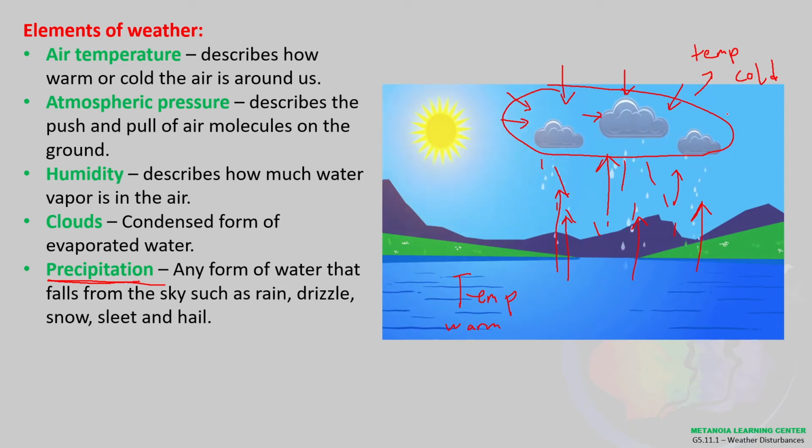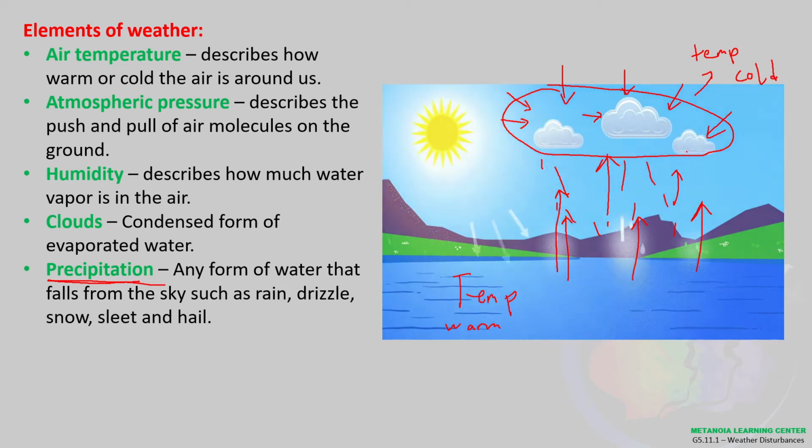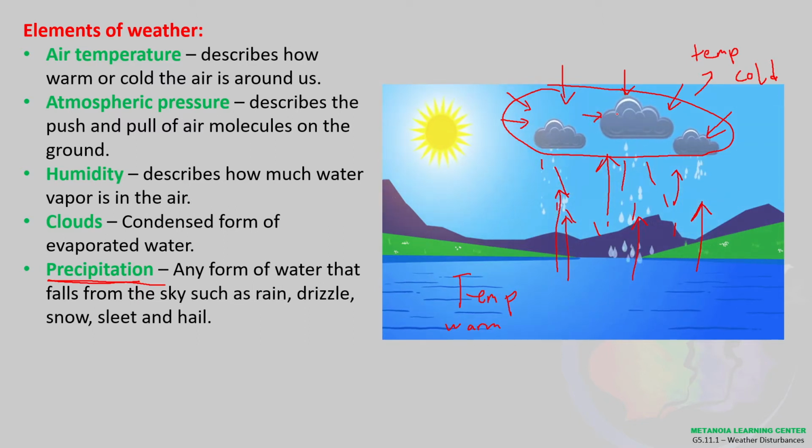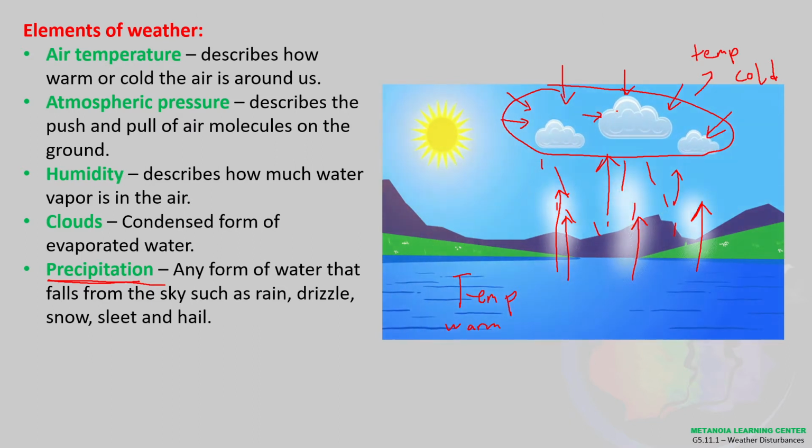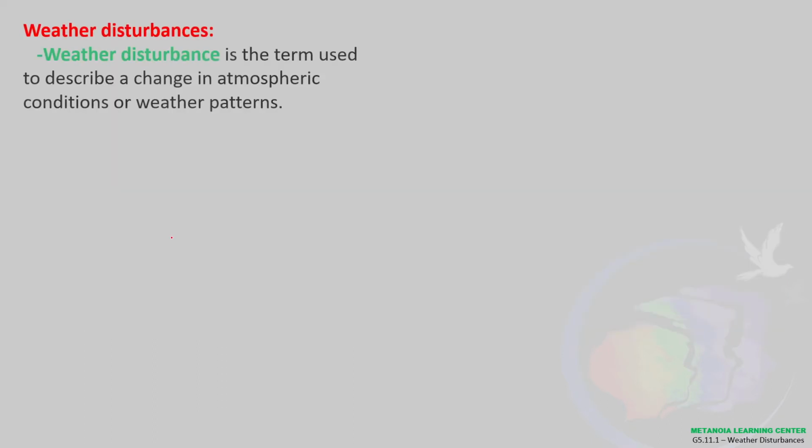And if you notice the change of color, actually paminsan nga nawawala kasi nga it is basically rain, no? Nawawala na siya. And somehow just becomes light in color kasi nga konti na lang yung tiny particles of water present doon sa taas. Okay? So, water disturbances. Water disturbance is a term used to describe a change in atmospheric conditions or weather patterns.